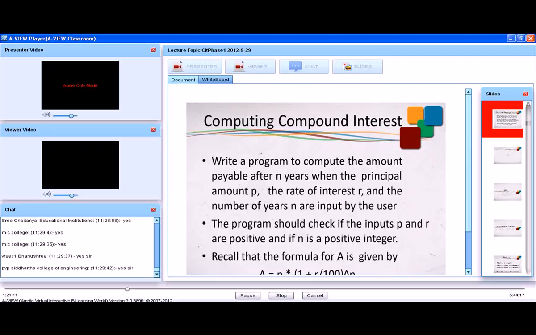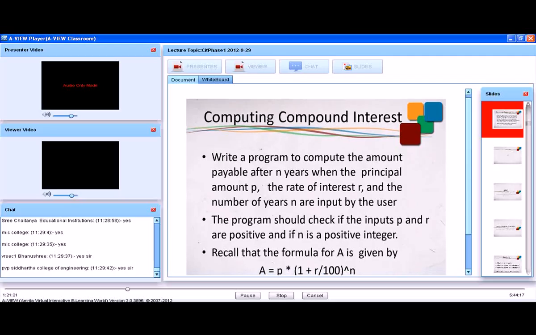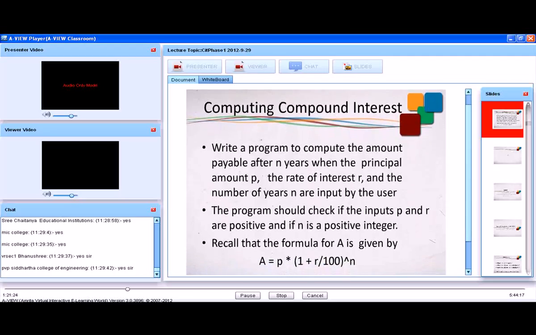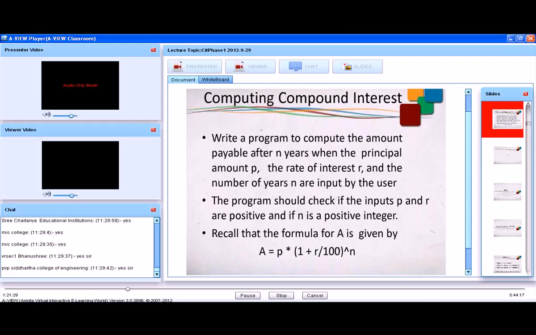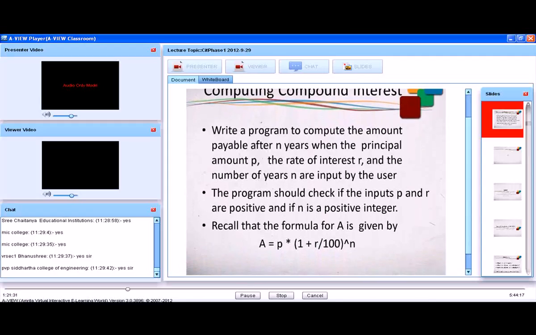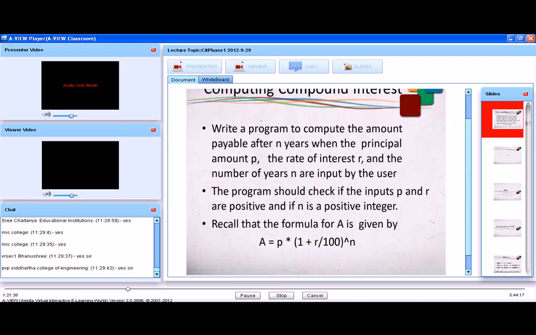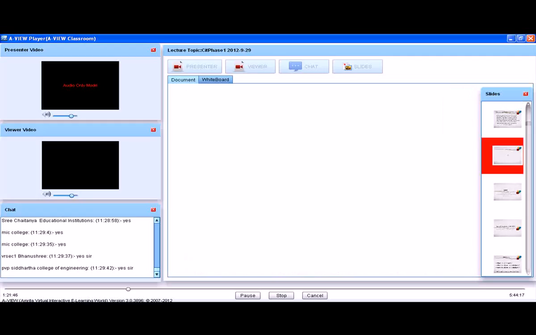using subcharts. So just to recall the basic notation, we want a program to compute the amount payable after N years when the principal amount P, the rate of interest R, and the number of interest years N have been input by the user. The program should check if the inputs P and R are positive and if N is a positive integer. Recall that the formula for A is given by A equal to P times (1 plus R by 100) power N. So if you go to the standard program,